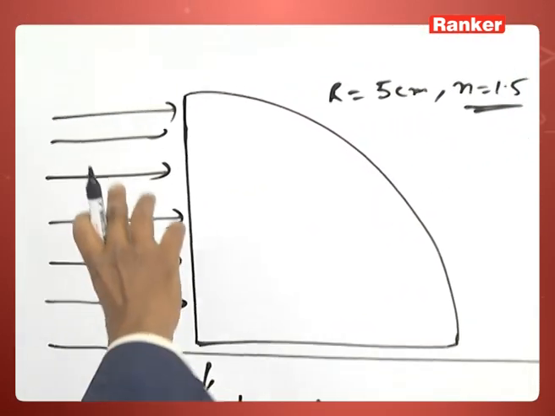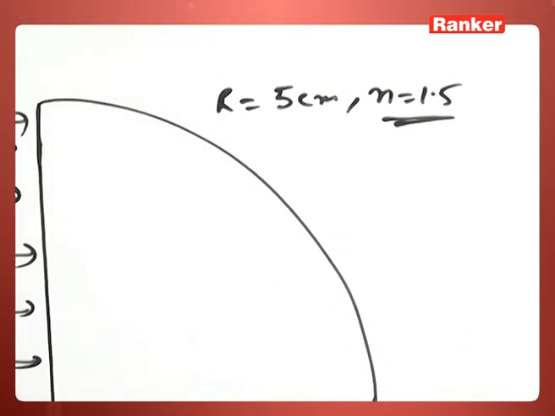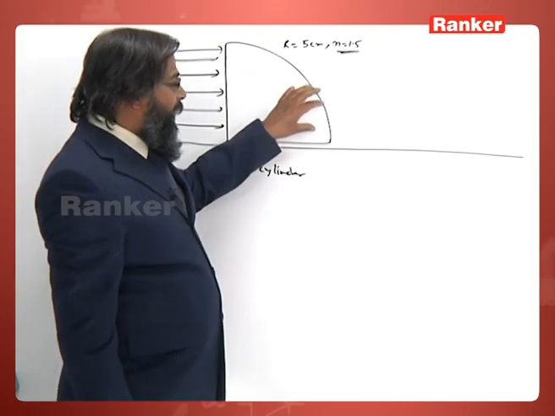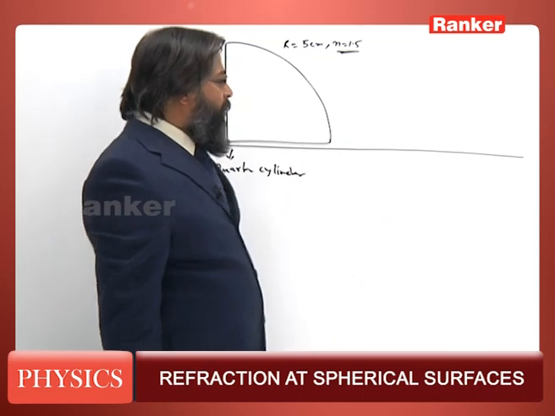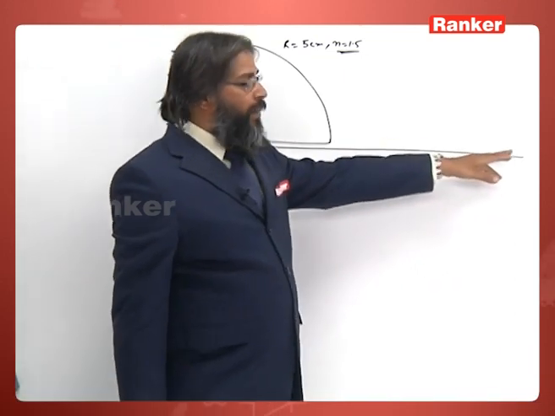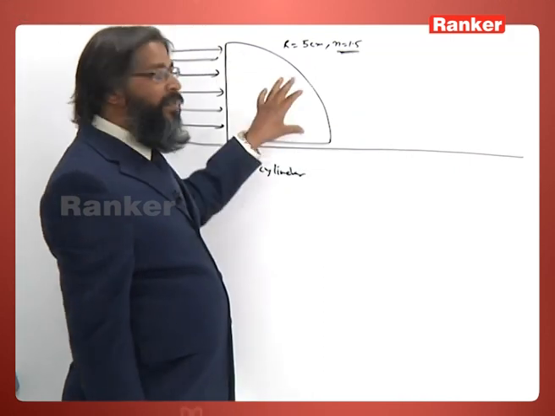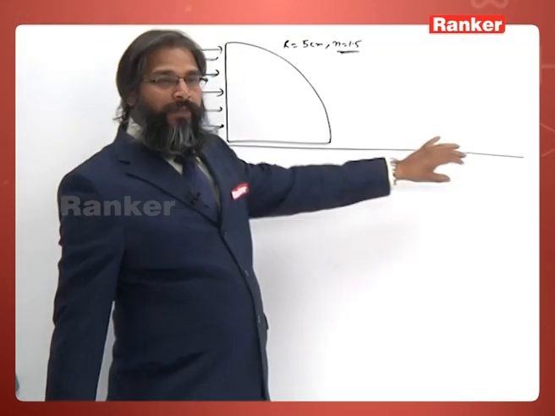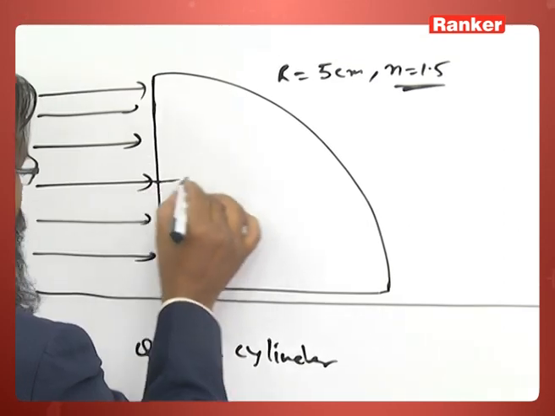What happens? This beam of light, after refraction from this quarter cylinder, falls on this horizontal plane. Let us determine what is the region of the horizontal plane which is illuminated by this light, where this patch of light will fall. So, what we do, just imagine a ray